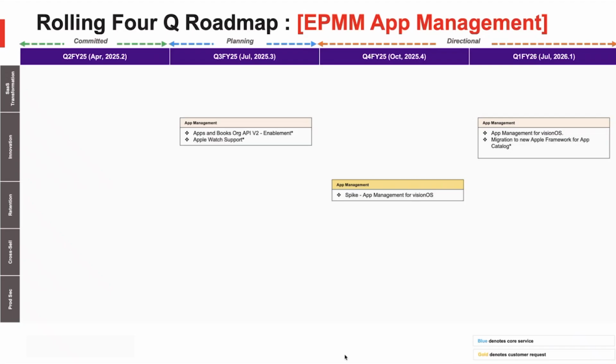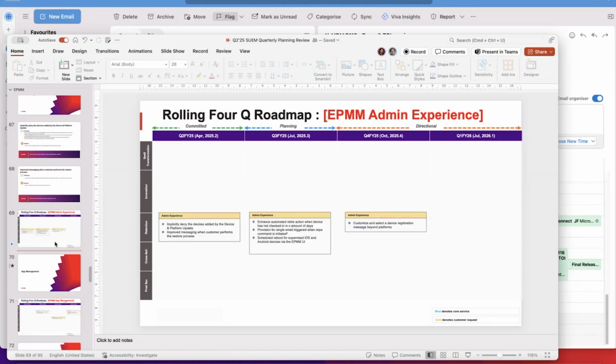Yeah, I think that's all about this partner conditional access, app management,